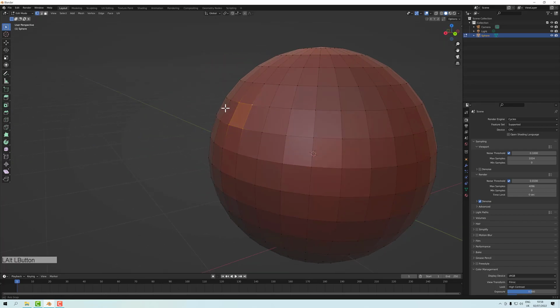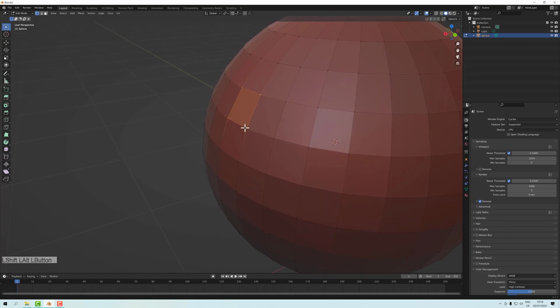and then with the shift key held down I can add to my selection, and you'll notice when you have all the elements of a polygon selected, it will highlight. Similarly, if you have all the elements of an edge selected, the edge will highlight. So it just gives you an idea of what's going on. And Blender